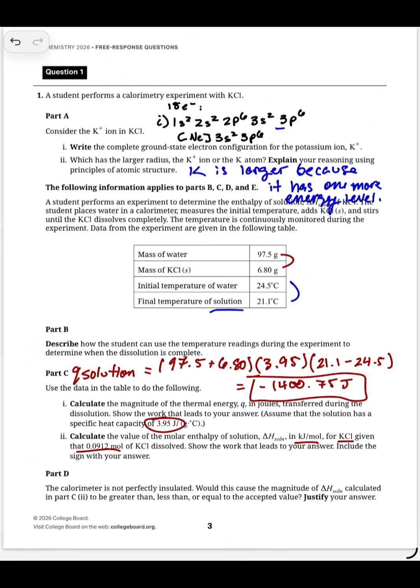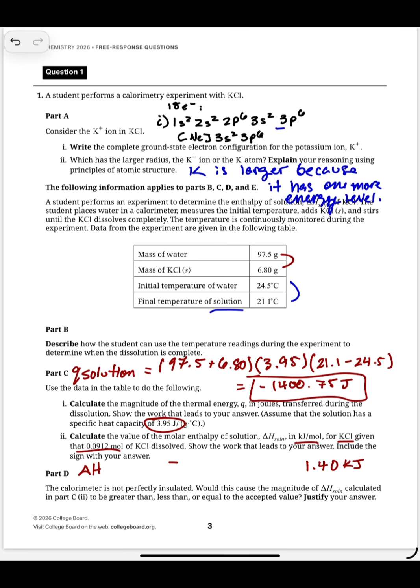And so we already have the Q value in joules, but we are eventually going to have to convert that to kilojoules. So you can do that initially, or you can do that at the end. In order to convert joules to kilojoules, we divide by 1,000. So then we have the negative 1400.75 divided by 1,000. And that converts our number into basically negative 1.40 kilojoules. So that's going to be the numerator of our expression,